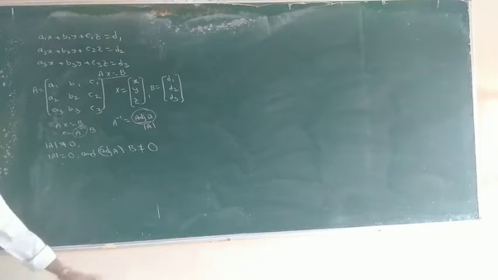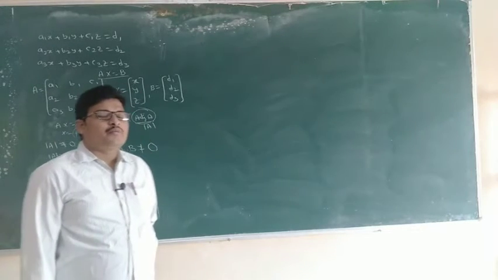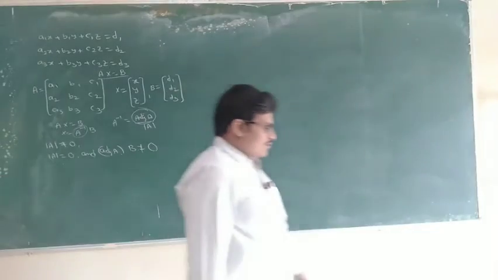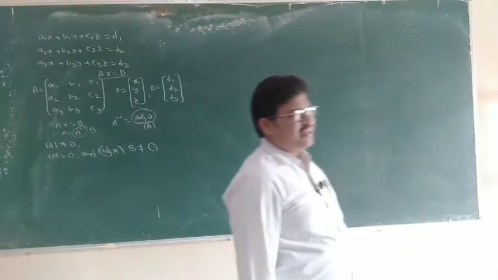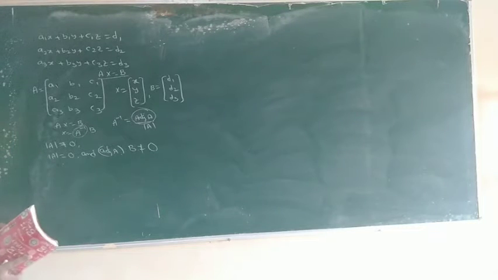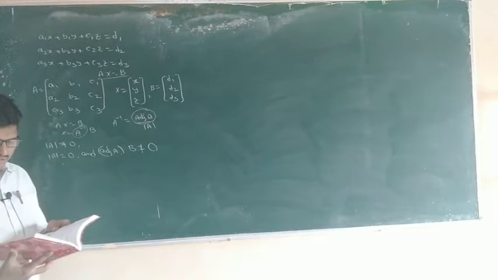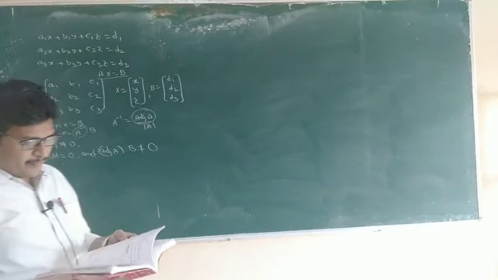This is yesterday's lesson. Yesterday's problem, a very important problem, was already explained. Solving a system of linear equations by using the matrix inverse method is very important for a 5 marks question. Yesterday we found adjoint A. Some members have doubts, so today we clarify the doubts. If we have any doubt, we clarify today.